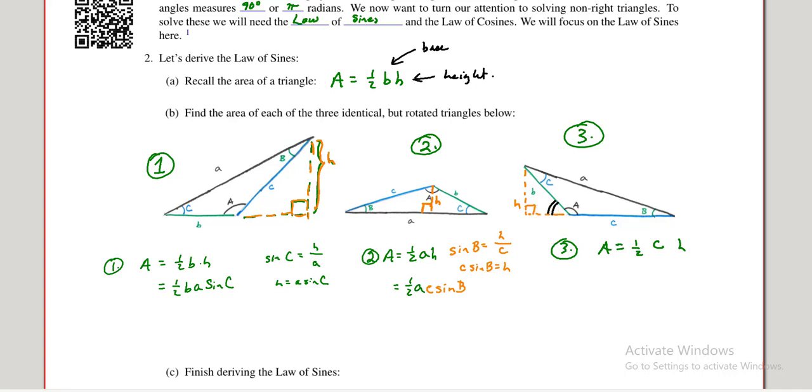Okay. And so what do we know about this angle? Well, we know that it would be supplementary with the given angle A. That is, the sum of those two angles, A and this other angle, have to add up to 180 degrees, or pi radians. And so I'm going to go off to the side here because this will take a little bit of computation, but we want to come up with h. And so we know that in general, if we were to take the sine of, here I'm going to write this as 180 degrees minus A, is equal to the ratio of this height right here, h, over this hypotenuse,